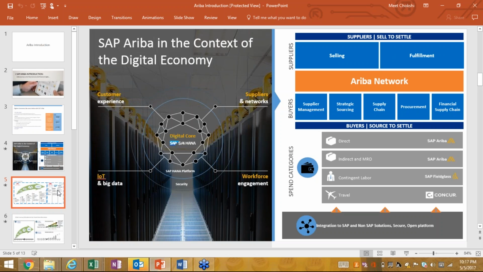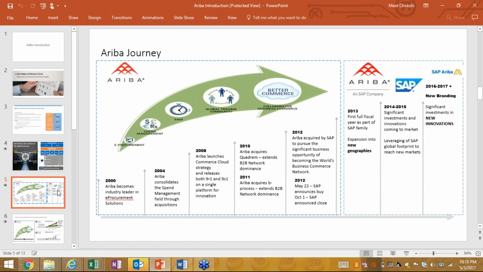Okay. So let's talk about how Ariba evolved, right? The first version of it was e-procurement. They started in 2000, and it was just e-procurement. We could request a quotation from a supplier, the supplier would fill in the quotation, and then we get the quotation.